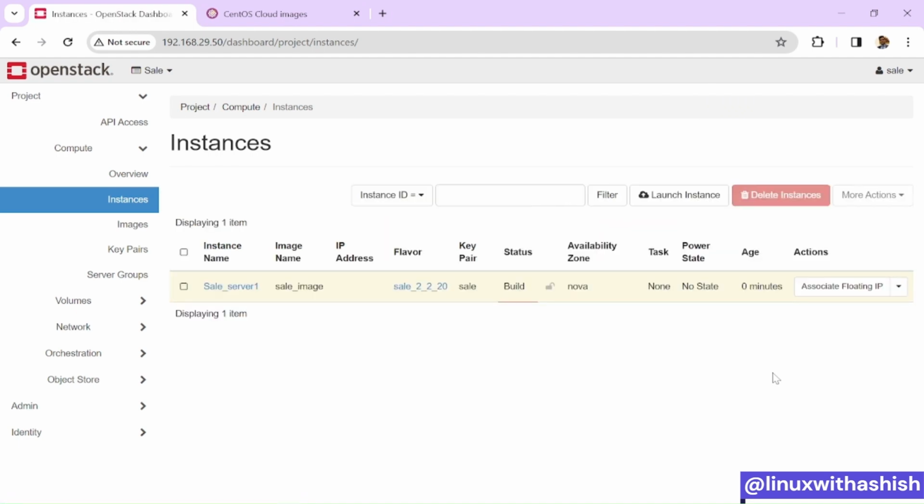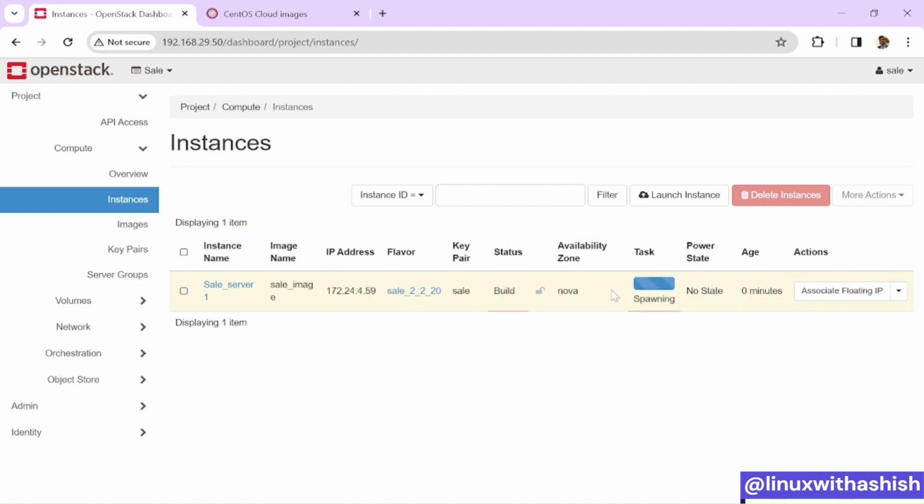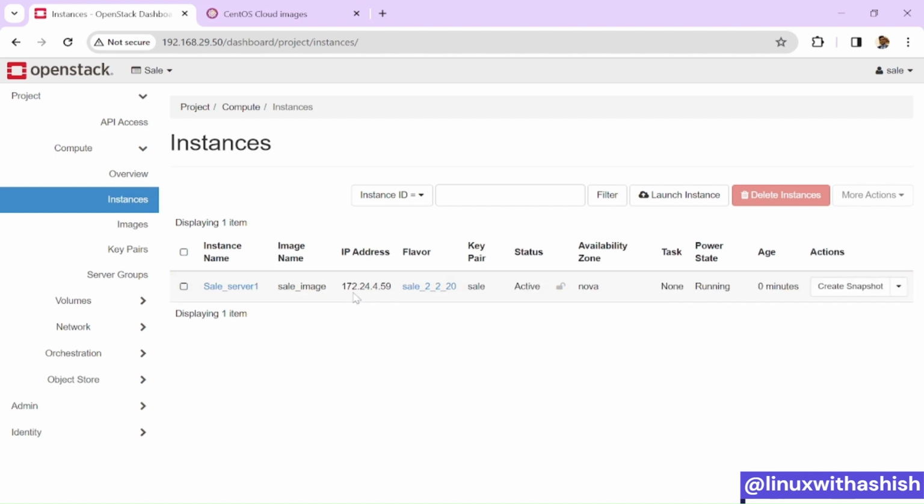creating under the project cell, with your instance name, with your image name, and it will get an IP address from the public network. This is the IP address which it gets from the public interface: 172.24.4.59, flavor cell, key pair cell, status you can see Active. If this status becomes an error state or a failed state, that means there is something you have to check or troubleshoot,